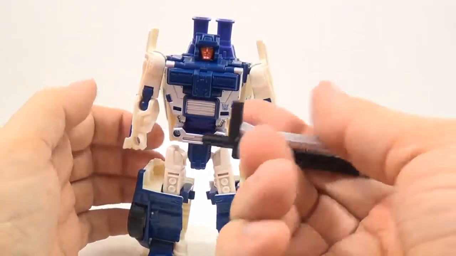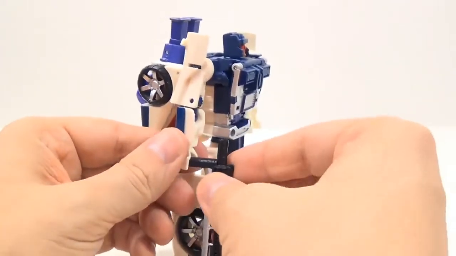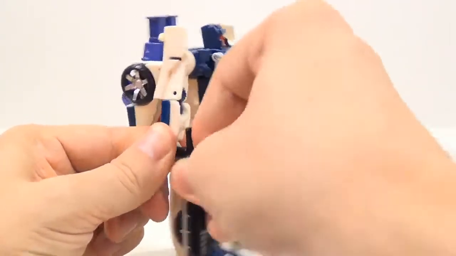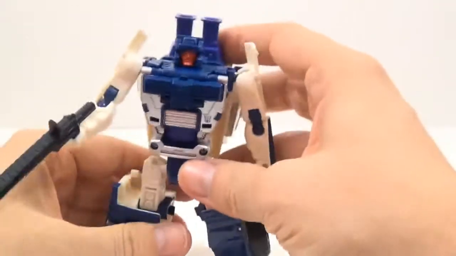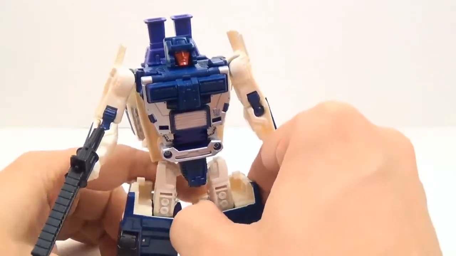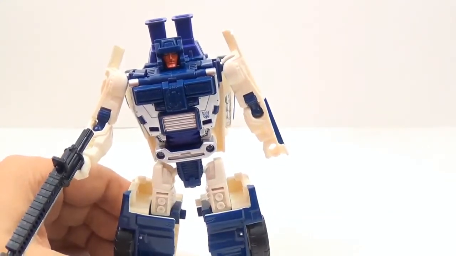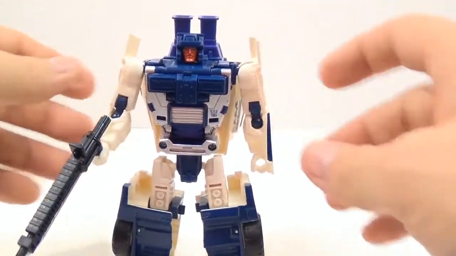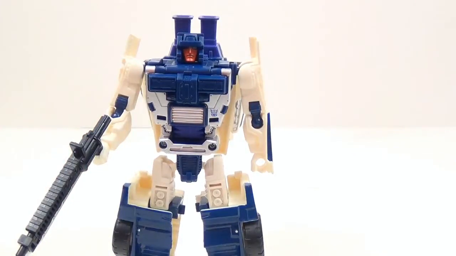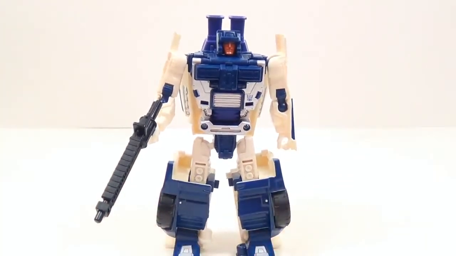Then with his weapon, you can do a couple of different things. You can either go like this for a sword, or you can go like this for a gun, which then would make him the only Stunticon with an actual gun, other than Motormaster. No, actually, yeah, Motormaster does have a gun. His hilt portion of his sword turns into a gun. So. Everybody else either has a club or axe or something else. So,